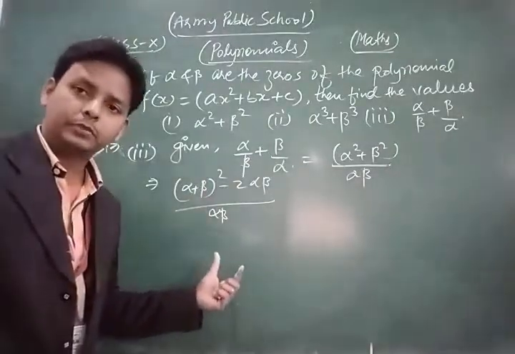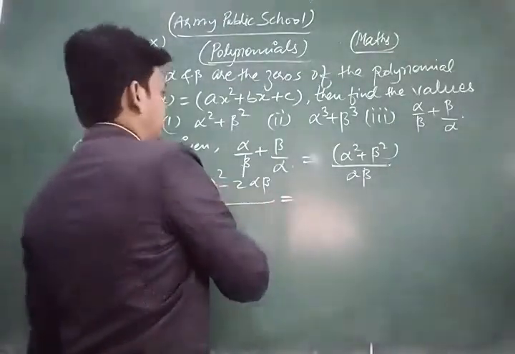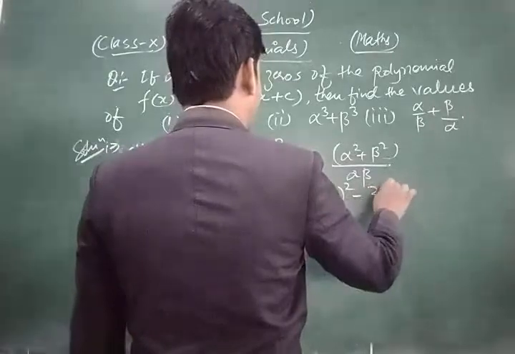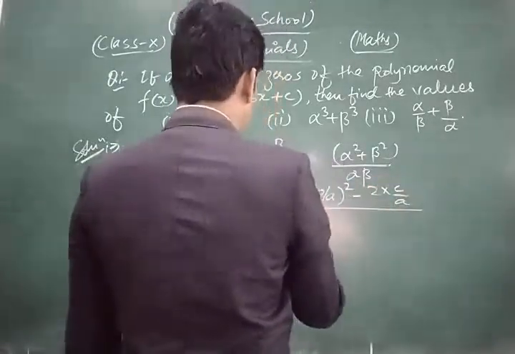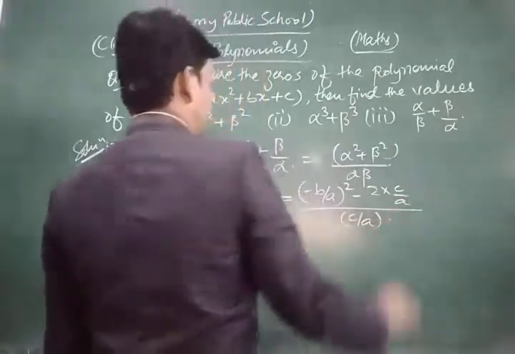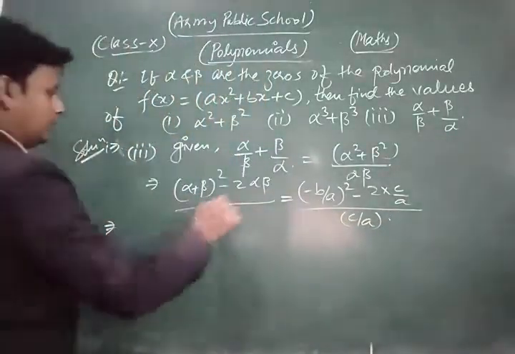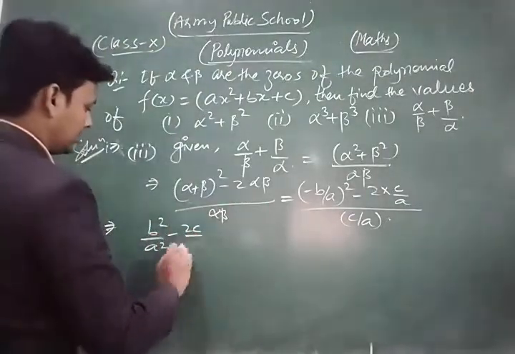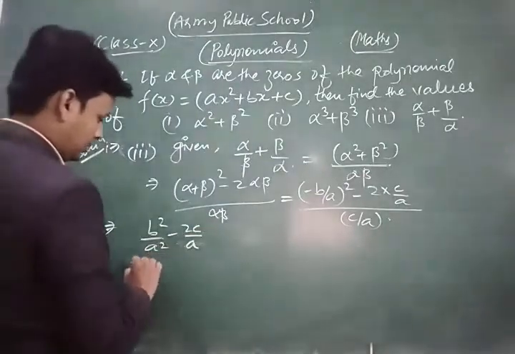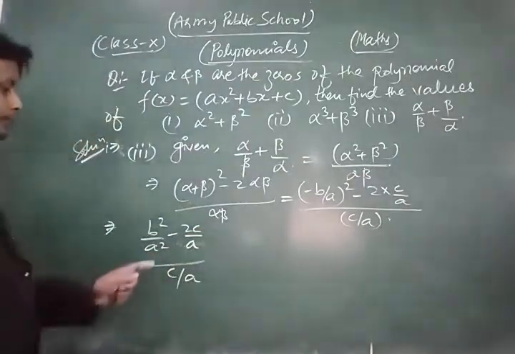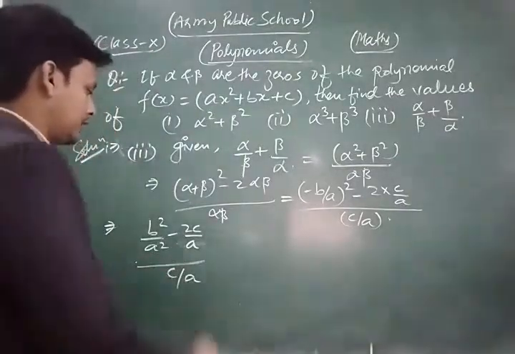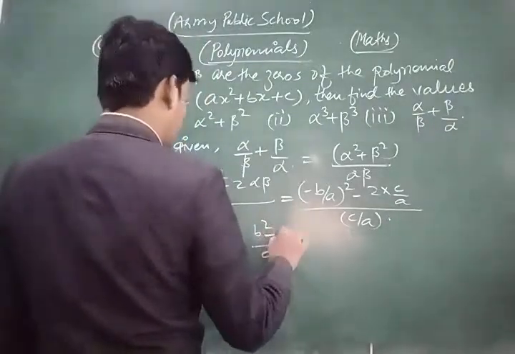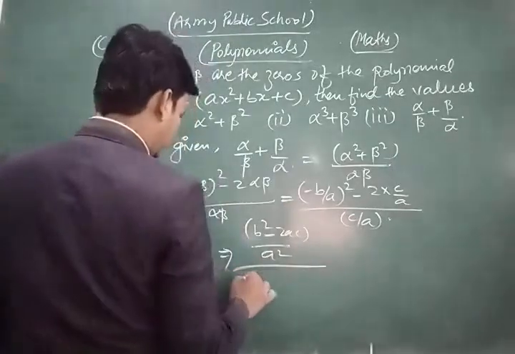Now we put the value of alpha plus beta and alpha into beta. So look, the value of alpha plus beta is minus b by a, so this is minus b upon a whole square minus 2 into alpha beta, that is c upon a, upon alpha beta, that is c upon a. Now we simplify them. That is b square upon a square minus 2c upon a, upon c upon a. Now in the numerator we take a square as LCM,